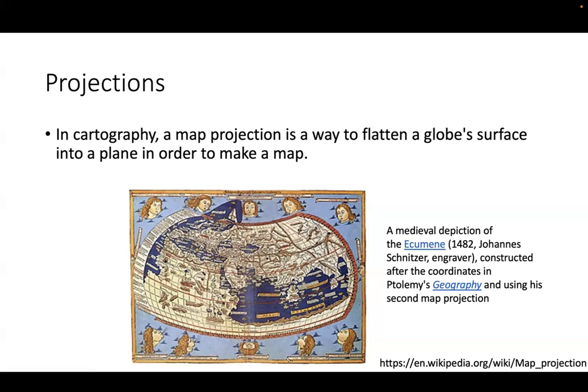In cartography, a map projection is a way to flatten a globe surface into a plane in order to make a map. This problem occurred around the 13th and 14th century, when the Europeans wanted to